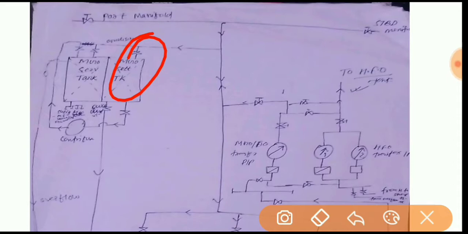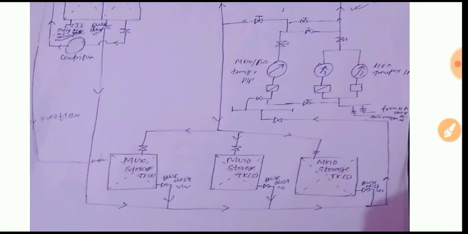The main tank used for bunkering is the double bottom tank that is given below, that is the storage tank. If we have more bunker, then we can take fuel into the settling tank in that condition, or we can also talk about equalization. For equalization, these two lines are given.